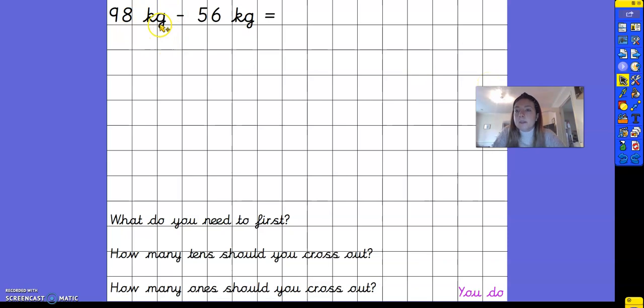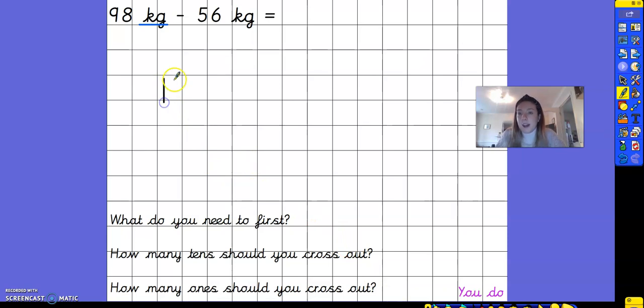Okay, let's have a go at the next one. 98 kilograms, take away 56 kilograms. So this time our measure is kilograms, and we would measure how heavy something is in kilograms. So what do we need to do first? We need to draw the number